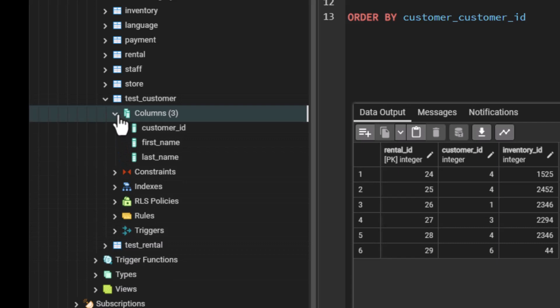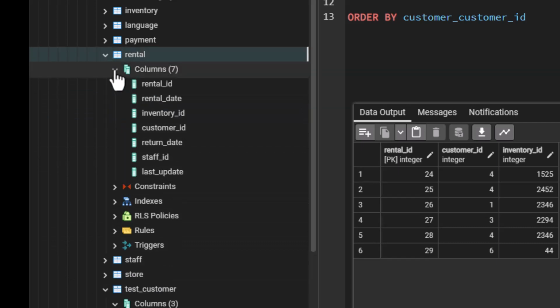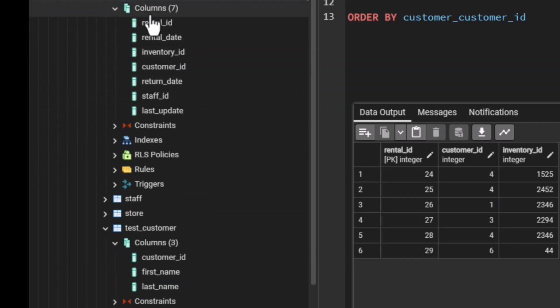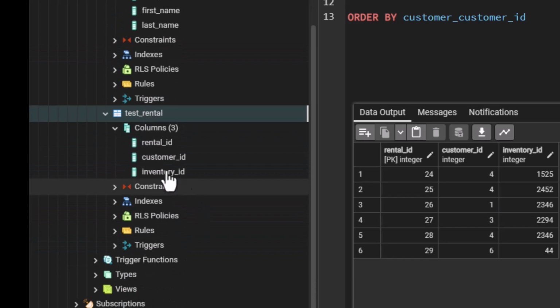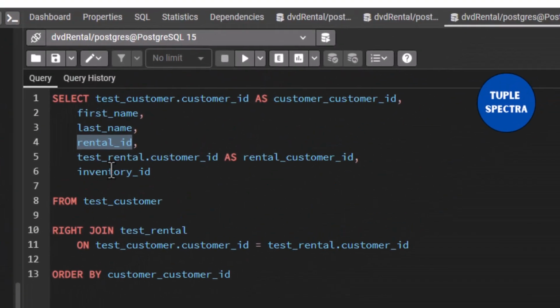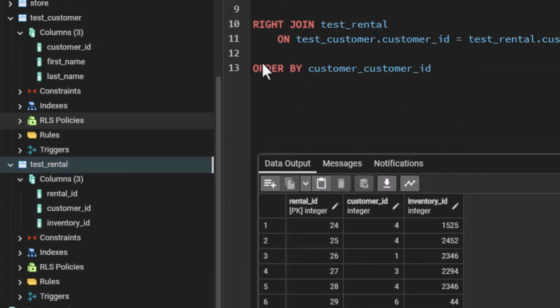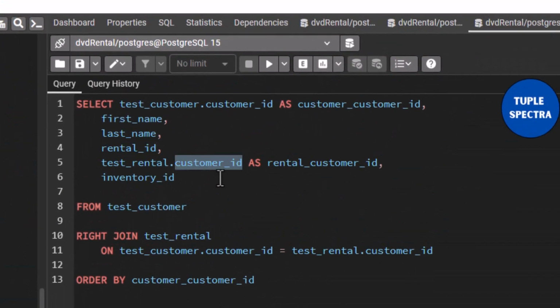If we go to the rental table, you can see the columns in the test rental that I just created, this is it right here, test rental. The columns are rental ID, which is what I'm showing. Also, I'm showing the inventory ID. Also, I'm showing the customer ID. And in this case, because the customer ID is from this test_rental table, then I'm also going to